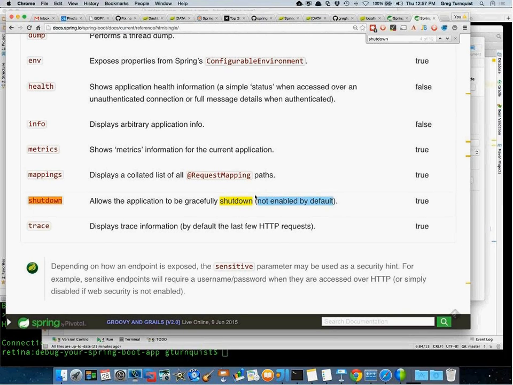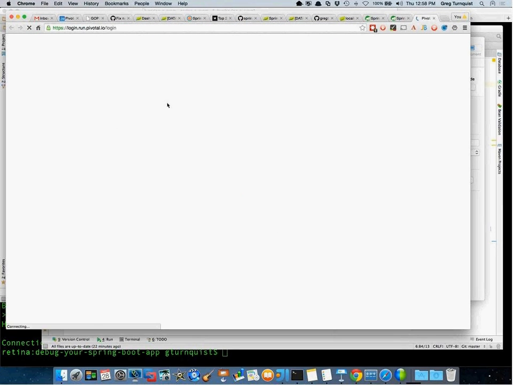But you can enable it. These are called management endpoints, and there's an option to have them protected by Spring Security with a username and password that the admins would have. So the recommendation is, if you are going to have this turned on, you want it protected behind security so people can't call it. But once the application is shut down, there's nobody to send a request to start it up. So you're going to have to launch the app yourself on the command line, or if you're using something like Cloud Foundry, then you have stop and start buttons from inside the